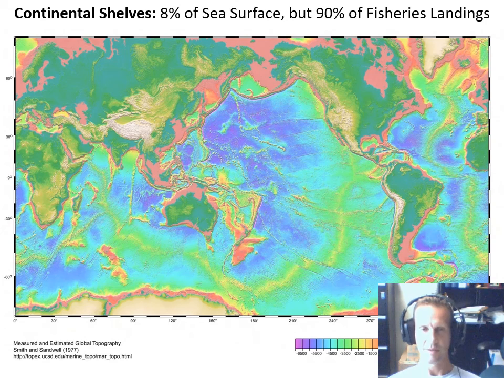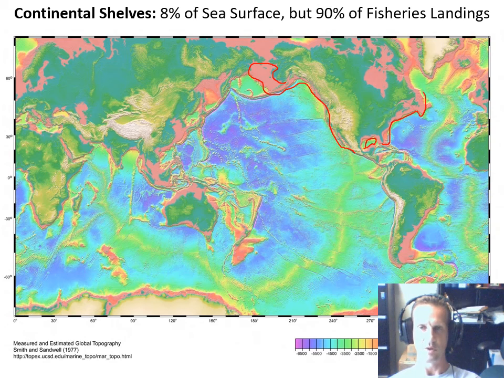So fish can be found throughout the ocean, but they're more abundant in some places than others, and more productive in some places than others. One of the features of the ocean environment that you can see in this bathymetric diagram is that waters near shore tend to be a lot shallower than waters offshore. And there's this kind of fringe of the continents where the waters are shallow that they call the continental